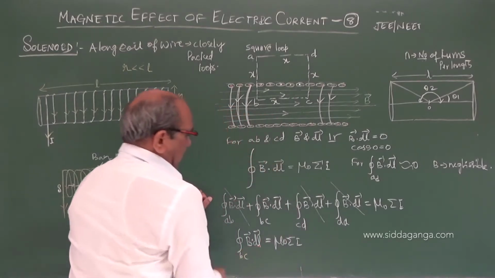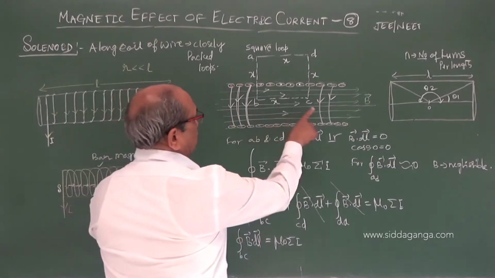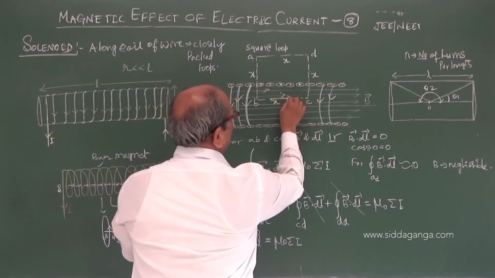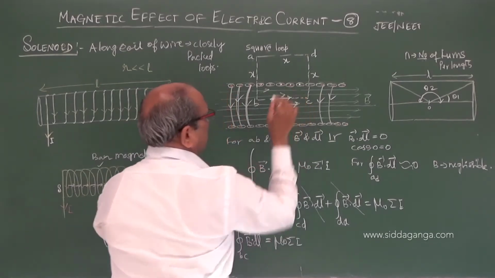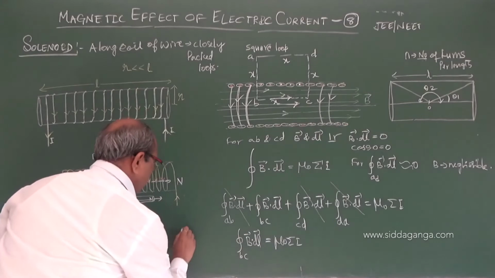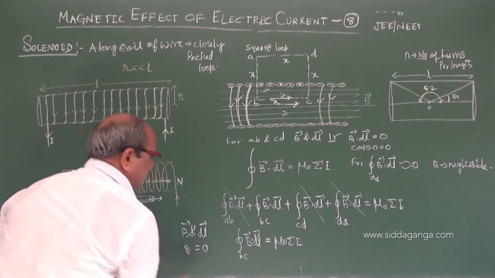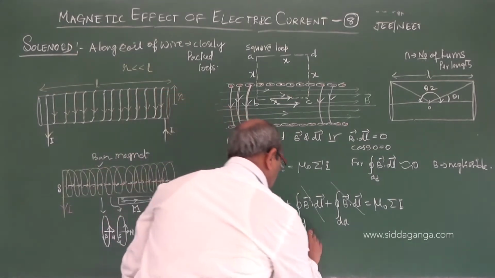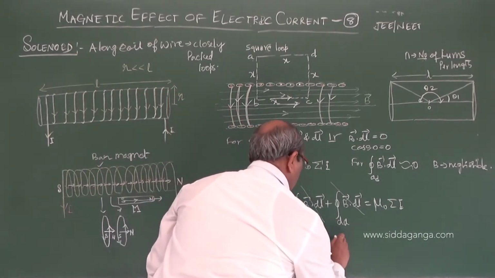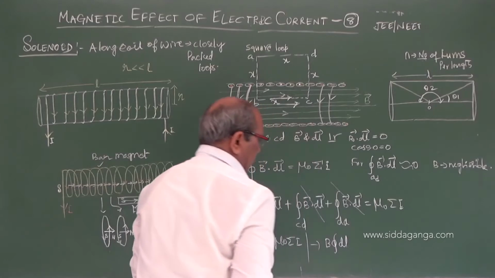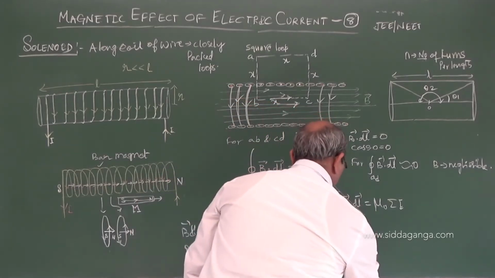For B dot dl, theta is 0 because dl and B are in the same direction. B and dl are along the same direction, theta is 0. Therefore, I can write this as B times the integral of dl is equal to mu naught times